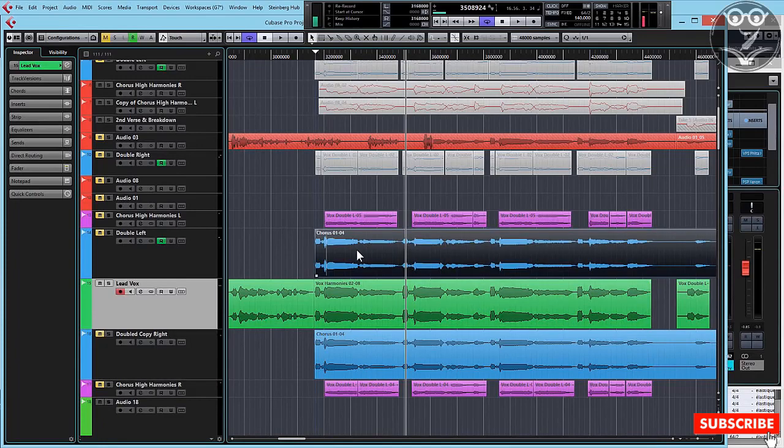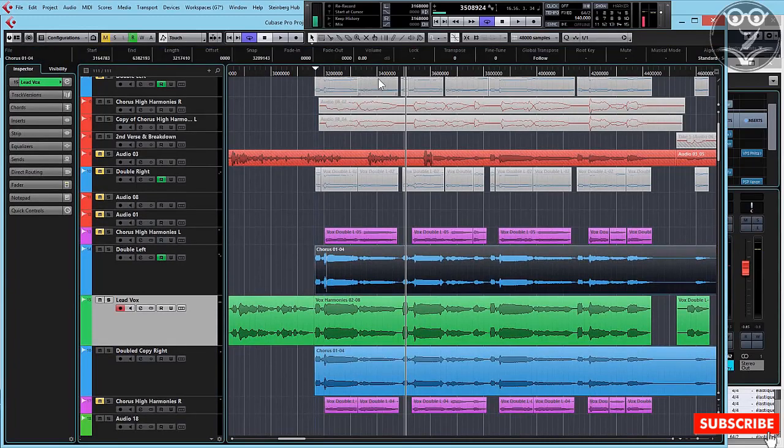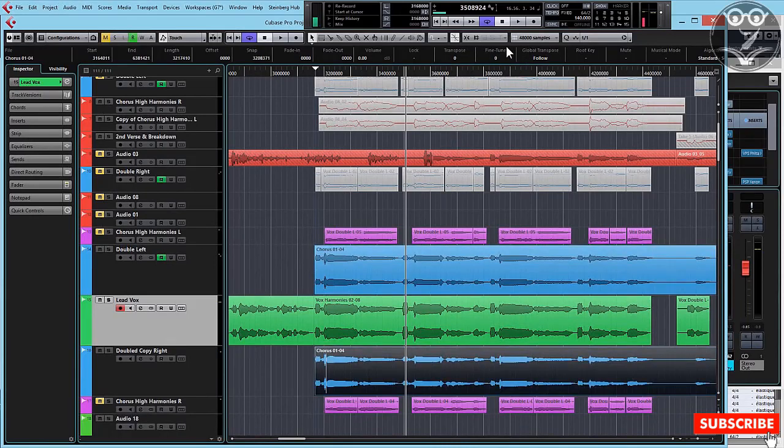And one further thing you can do to separate these vocals even more is in your DAW, you can actually just detune these two takes slightly from each other. So if I go up like 14 cents on one and go down 14 cents, minus 14 cents on the other,